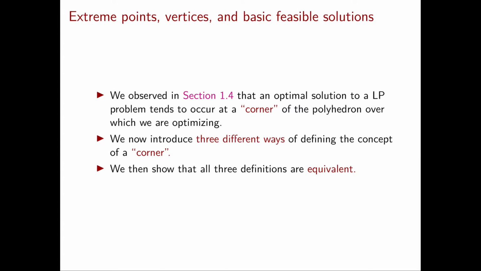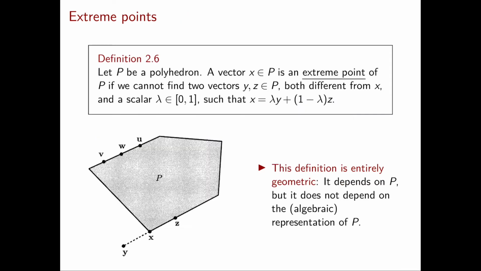All definitions that seem reasonable to us in order to describe a corner point, and then we're going to see how they're all equivalent. If you're wondering why we need to introduce 3 different definitions of corner points, it's because later on it will be very useful to use all these 3 definitions to prove several different properties of our linear programming problems. To differentiate these 3 different definitions, we're going to use different names for the 3 of them.